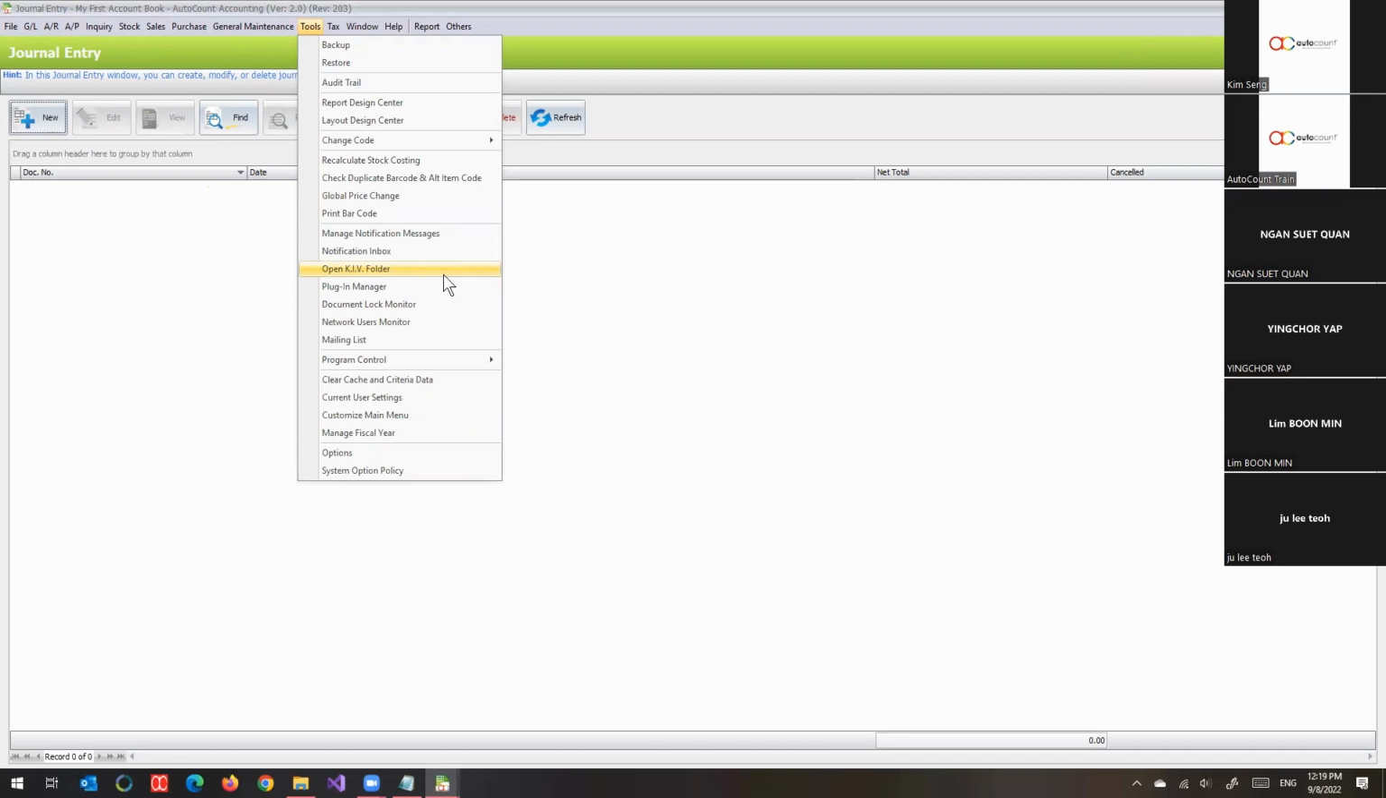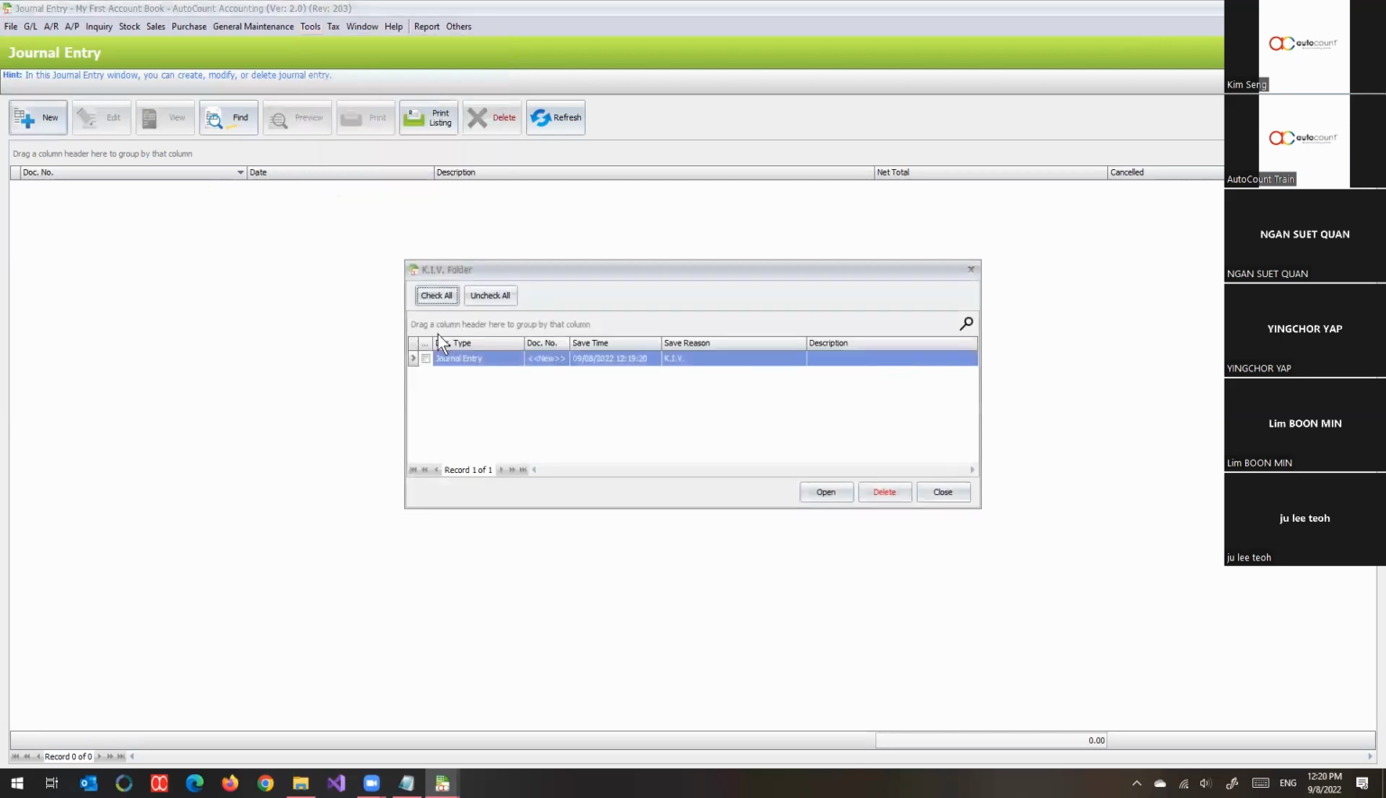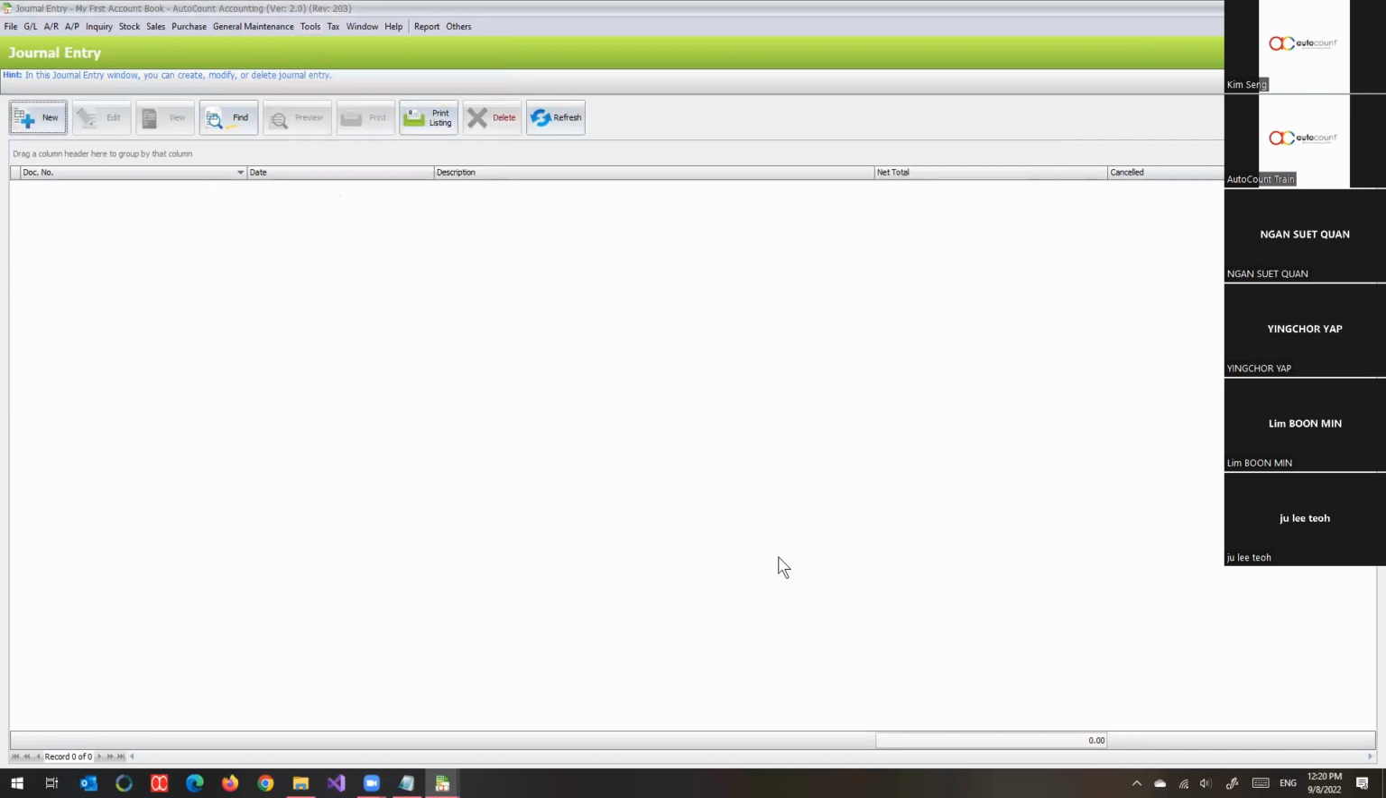Or another way is you log in. You log out, when you log in, right? It will prompt you and say, hey, there are some unsaved documents inside the KLV. Means that's the draft, that's the draft. So what I do is I open the KLV and then I can reopen the journal again. So once I reopen the journal,